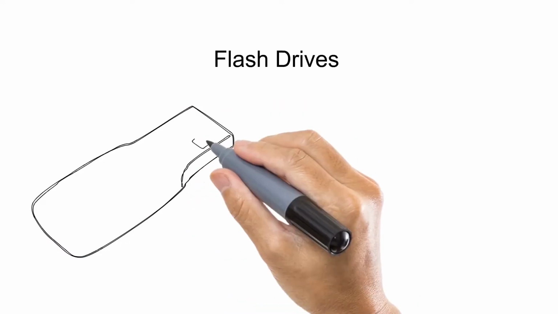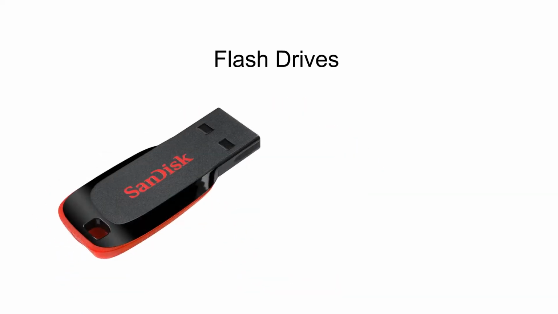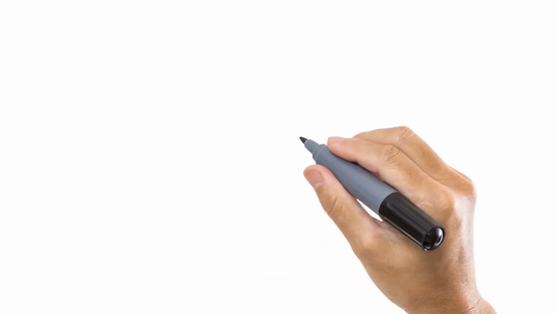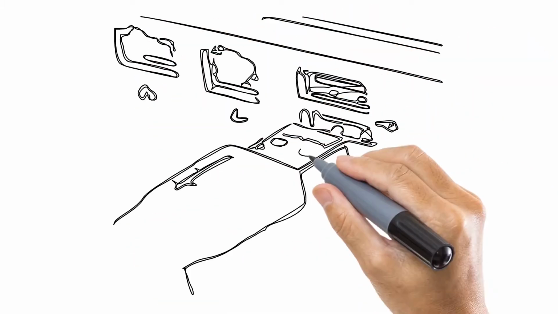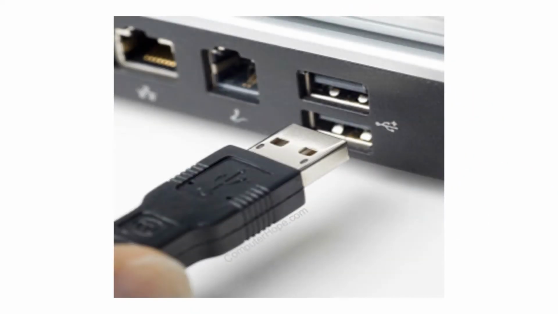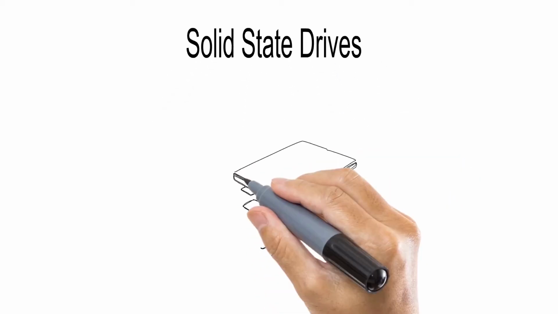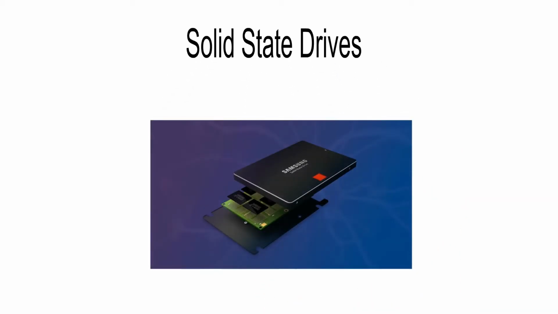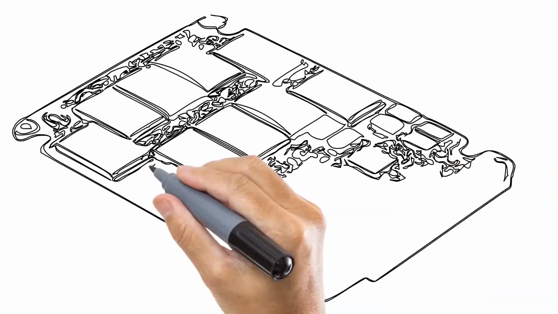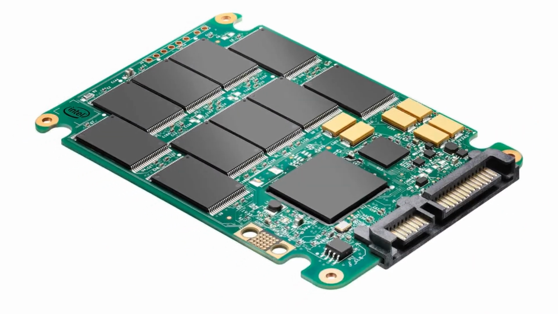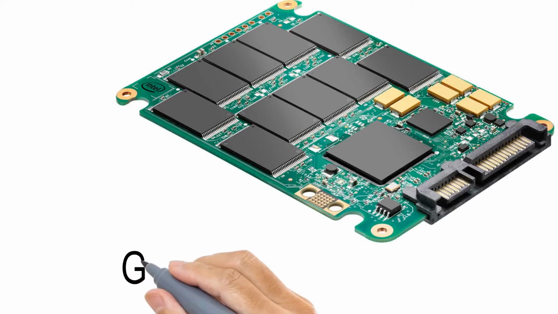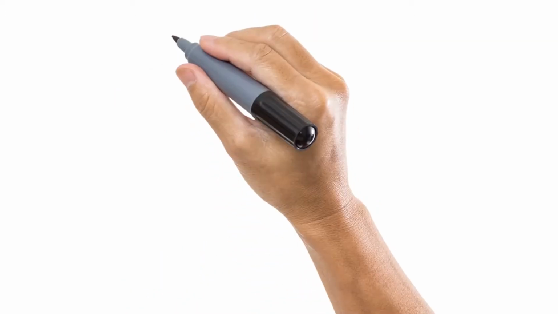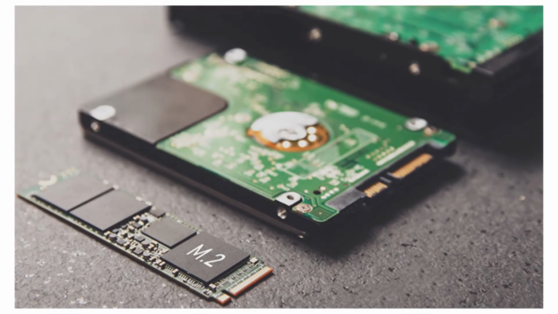Now we'll talk about flash drives. These flash drives are basically small and portable devices that are used to transfer data from one system to another. They are mainly accessible using USB and provide more storage area as compared to compact disks, but less than hard drives or solid state drives. Now, solid state drives or SSDs are storage devices that use no mechanical parts to store data and use ICs instead of magnetic disks. These are much faster than HDDs and can offer up to some Gbps of data transfer rate, but solid state drives offer less storage as compared to hard disk drives.